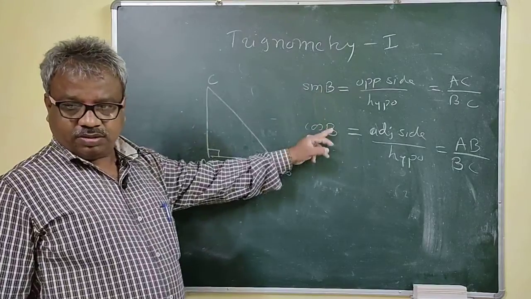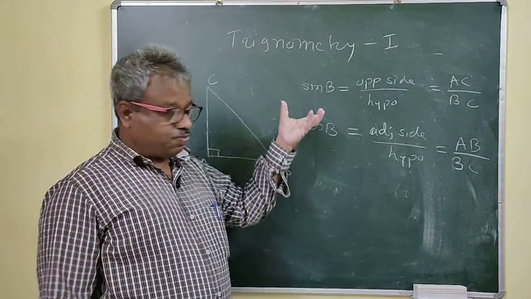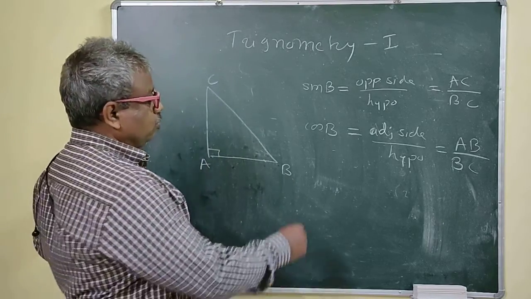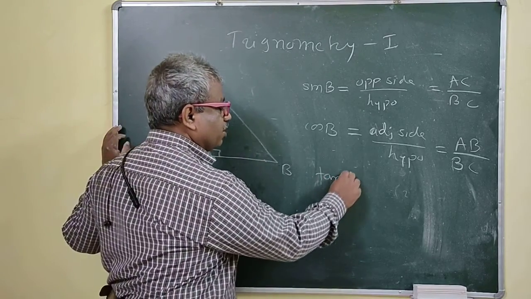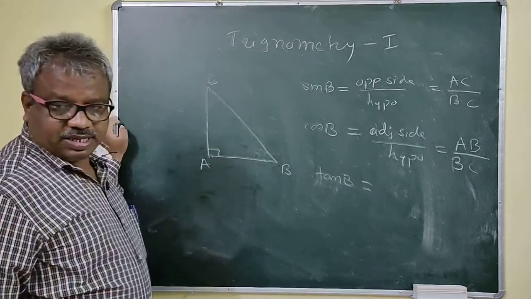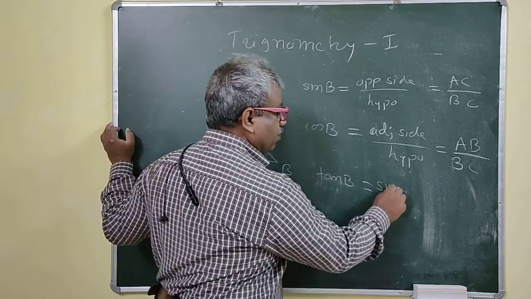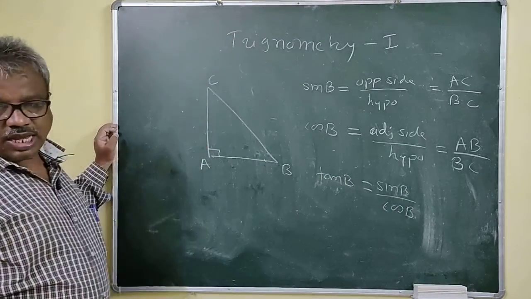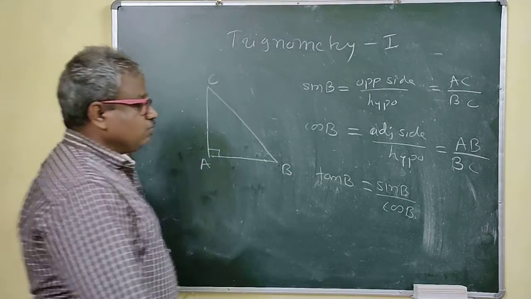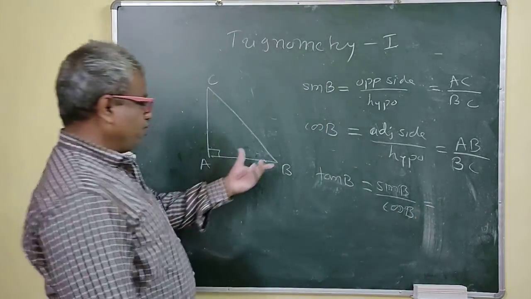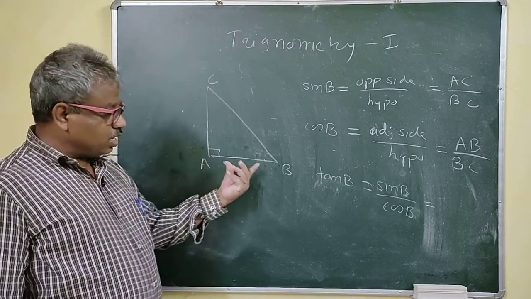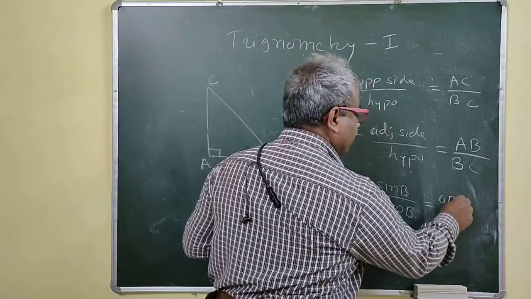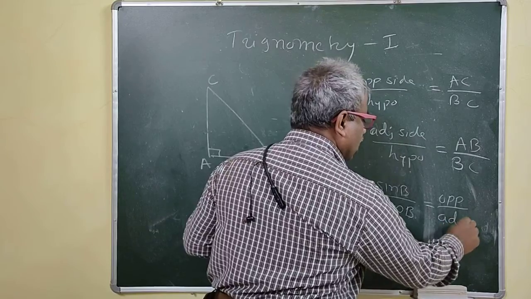So this is sine and cos, right? Actually if you get sine and cos, then you can find the other trigonometric ratios. Now the tan B. So tan B is nothing but sin B upon cos B. This is the relation among sine, cos and tan, right? If you want to find tan, with the help of the figure also you can do. By definition, this is opposite side upon adjacent side.